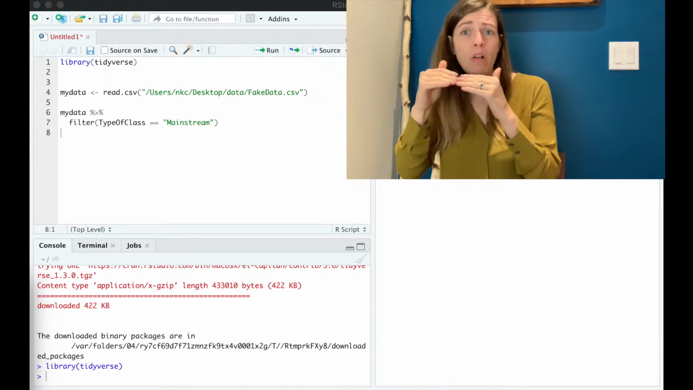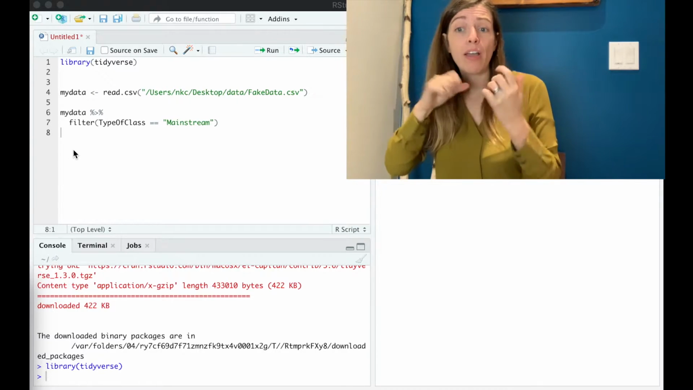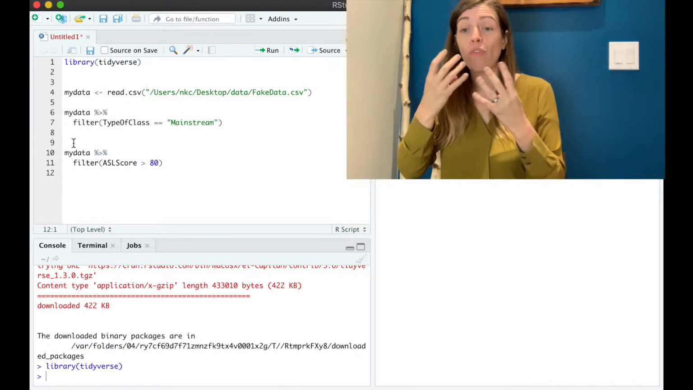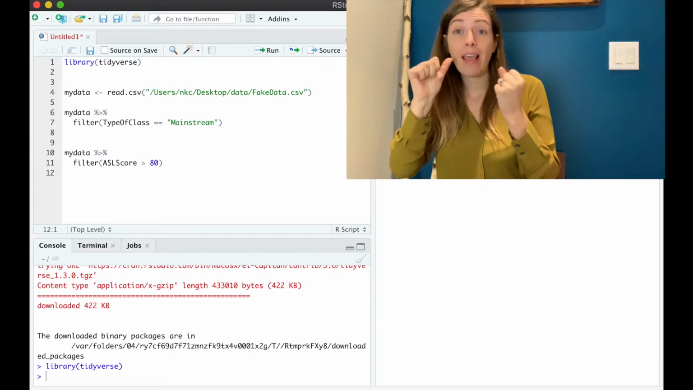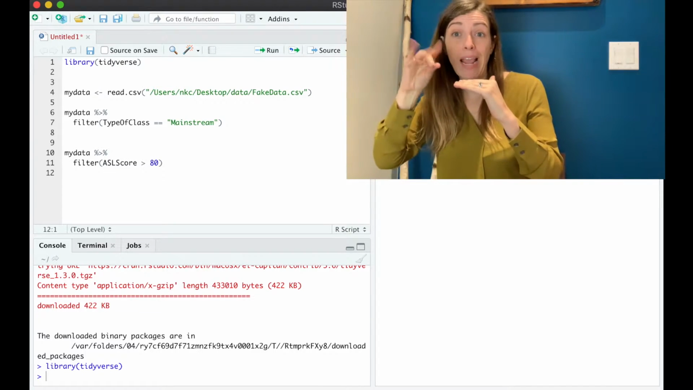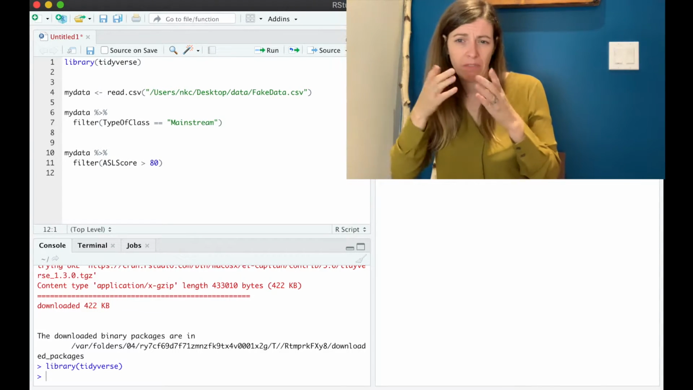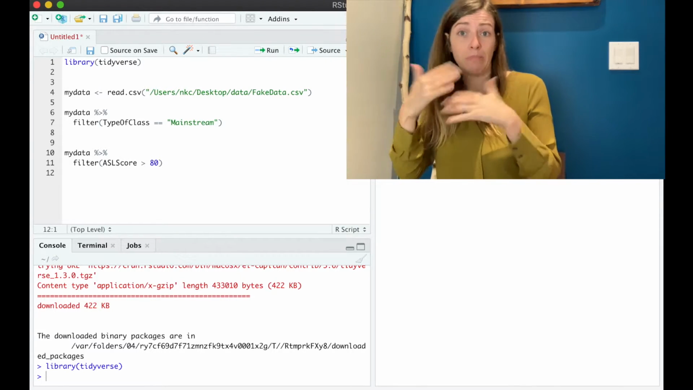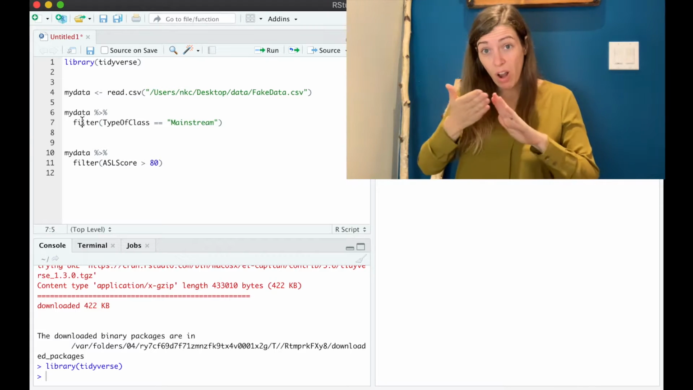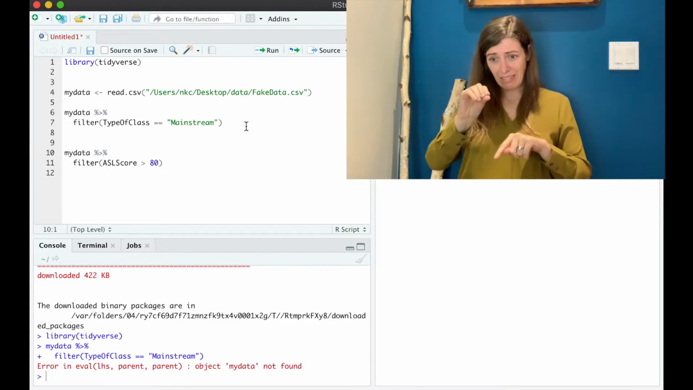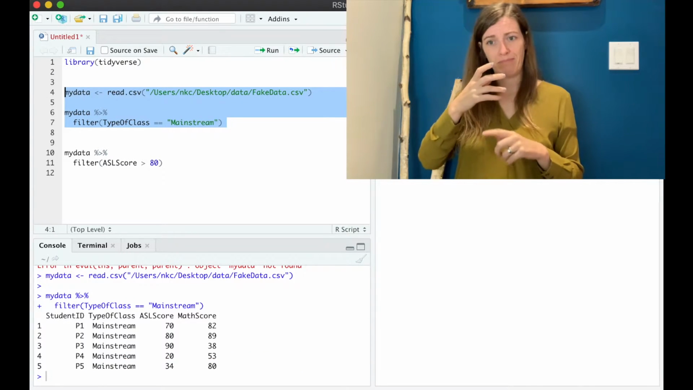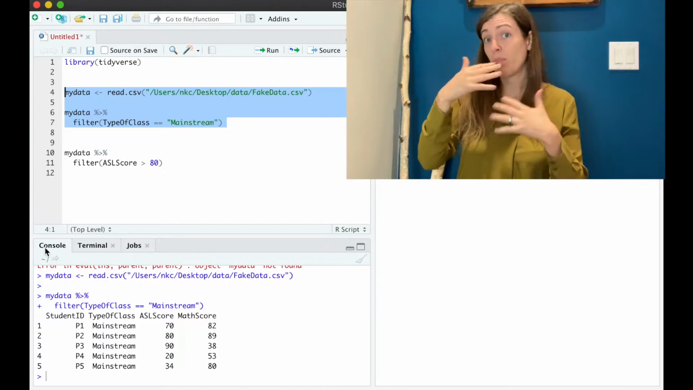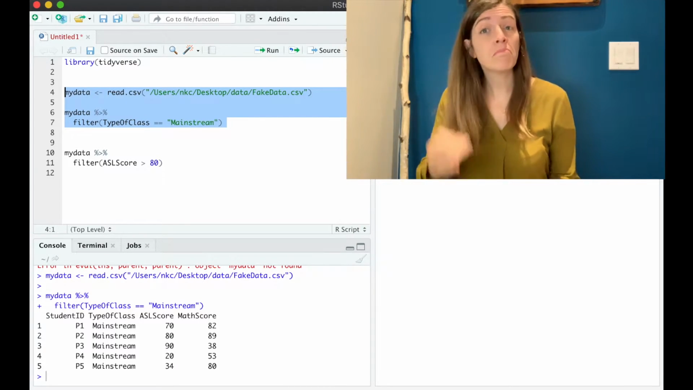I could change that filter so that instead of saying equals, I want to look at the parts of my data where the students got above an 80 in terms of their ASL score. So you could filter things in all different ways. The example we'll start with is just the mainstream data. You can see in the console that I've now filtered it, so you only see the students who are